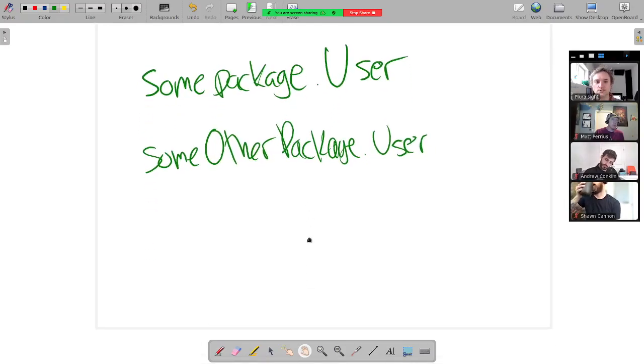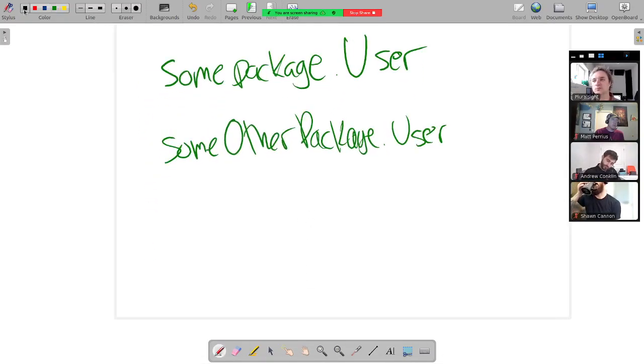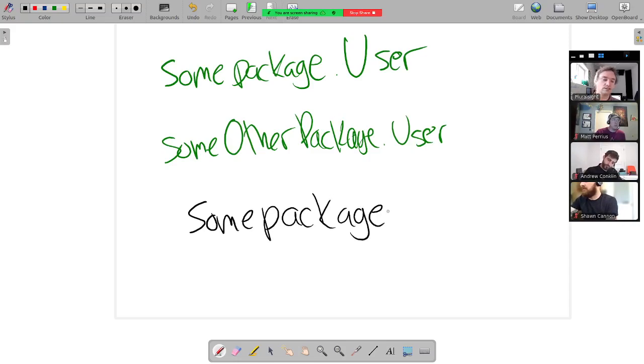So some rules. Actually, I don't know if this is a rule. It might be a configuration thing or a convention or something like that. But regardless, it's something you should do, so who cares? Packages map to folders directly. So if I have some package.user, I'm expecting that to be in a folder called some package. And since classes are supposed to have the same name as their file name,